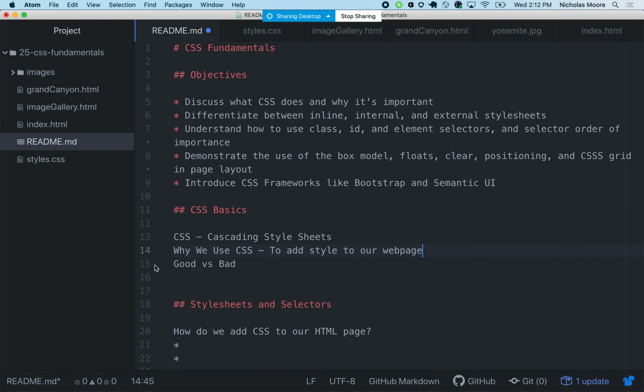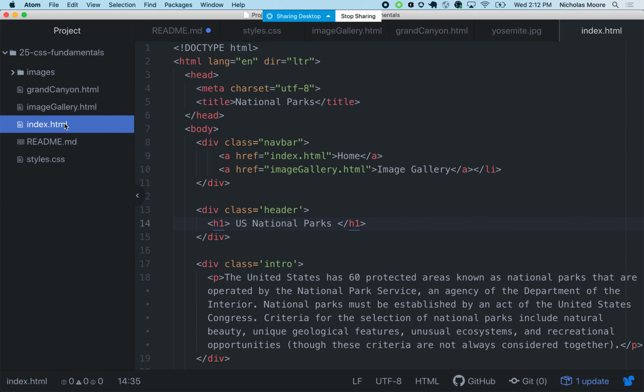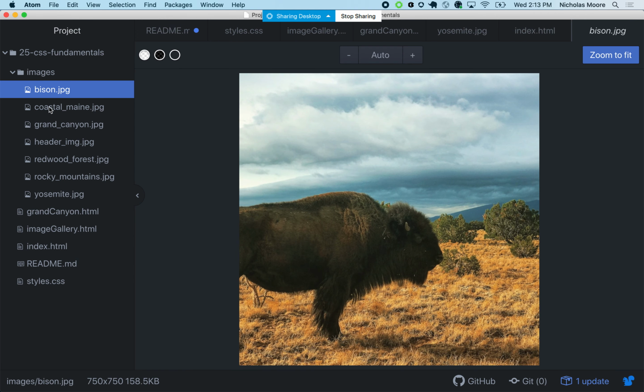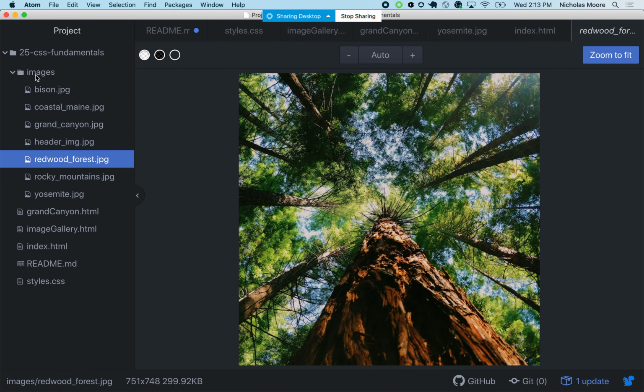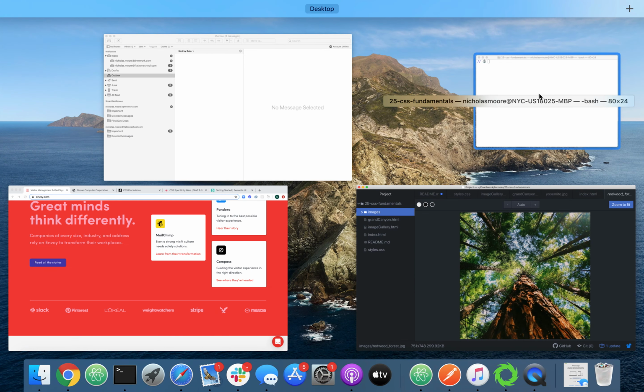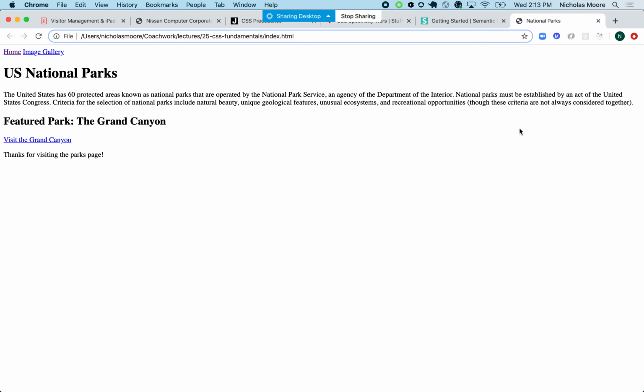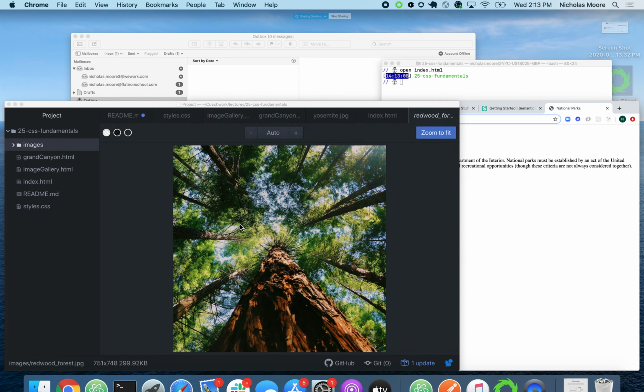So, okay, back to the code. I have here a project. It's just some basic HTML, 3 different HTML pages, and then we have a folder with images. And during the next 40 minutes, we'll just try to apply some styling. So if I open up the index, you can see this is what we have. And so far, this is quite representative of what your projects have looked like, right? We have the default align left that the HTML gives you. The only styling we have is what's built into our HTML elements, like our H1 is bolded up here, that's H3, and then we have these links that are underlined and so forth. So as we work through this,